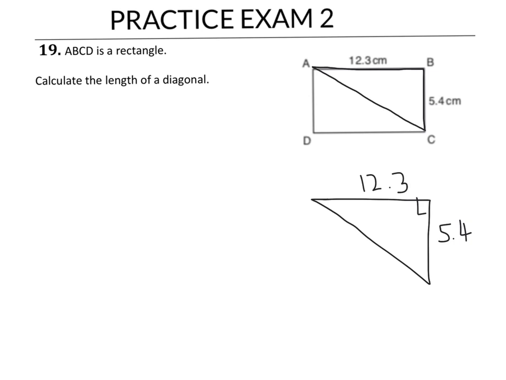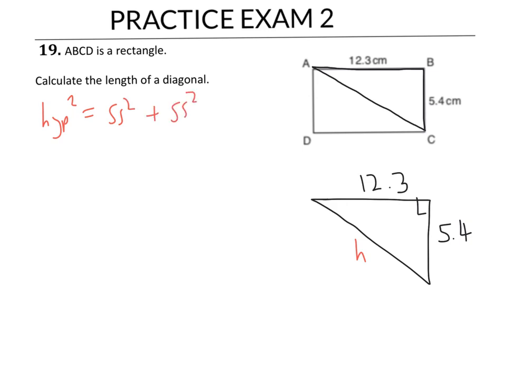and you should hopefully remember Pythagoras' theorem. Opposite the right angle, the longest side is the hypotenuse, which in this case is the diagonal, and that's what we want to work out. So remember, Pythagoras' theorem says that the hypotenuse squared is equal to the short side squared plus the other short